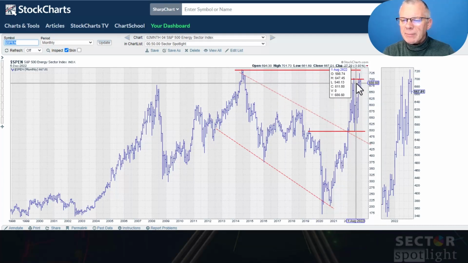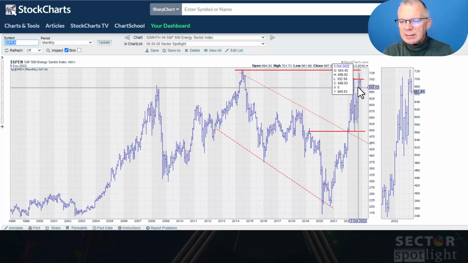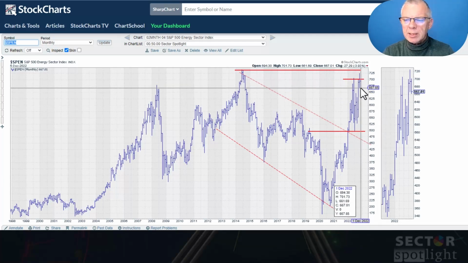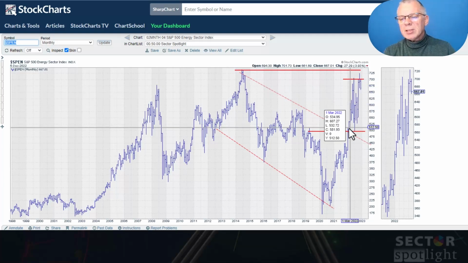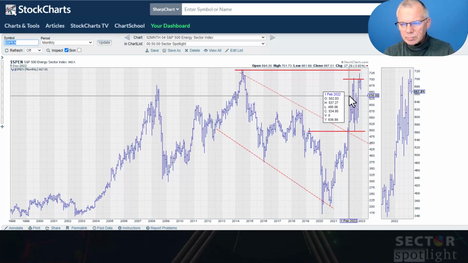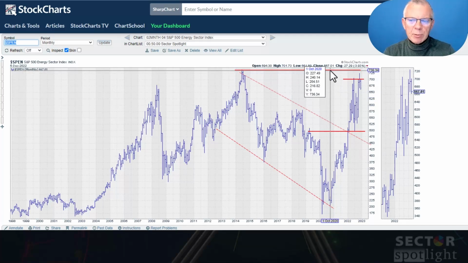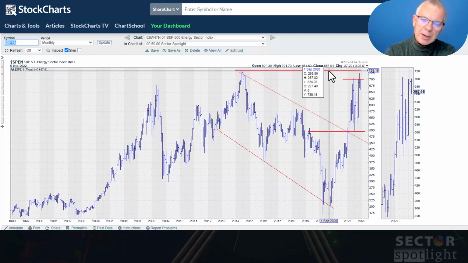We peaked above that level last month and closed below it, and as you can see, the month of December has started kind of weak, but the series of higher highs and higher lows is still in play. Basically we're eyeing 740. When that breaks, that's a new all-time high for the energy sector, and if that happens, we could see a real strong acceleration to new highs for this sector. So it's the only sector in an uptrend in the S&P 500, really pushing to overhead resistance near the all-time high. If that gives way, more acceleration is expected.